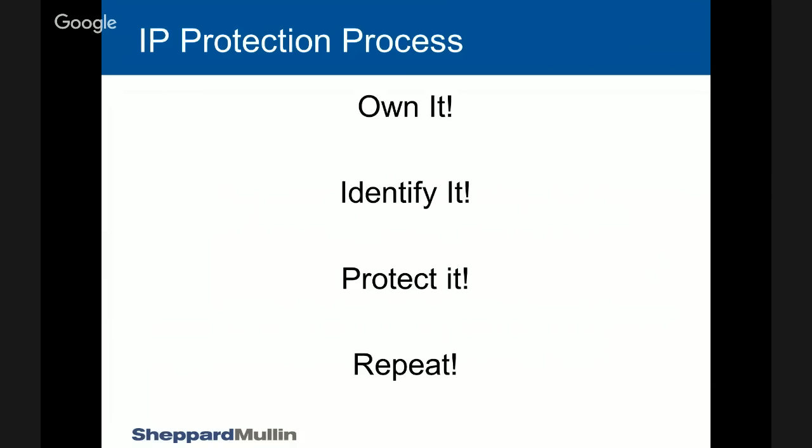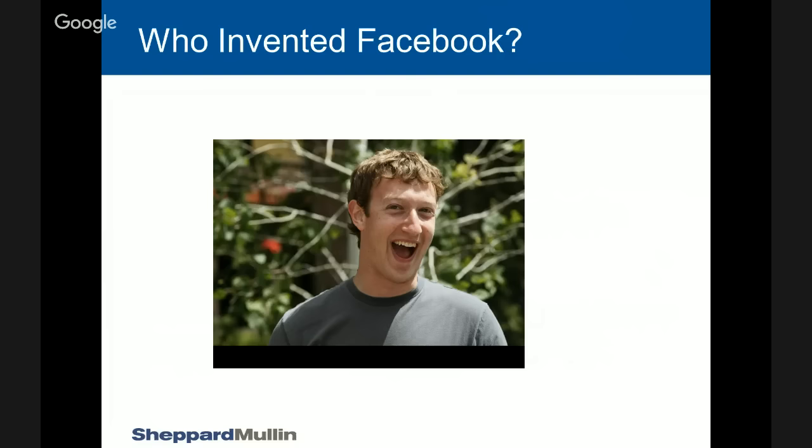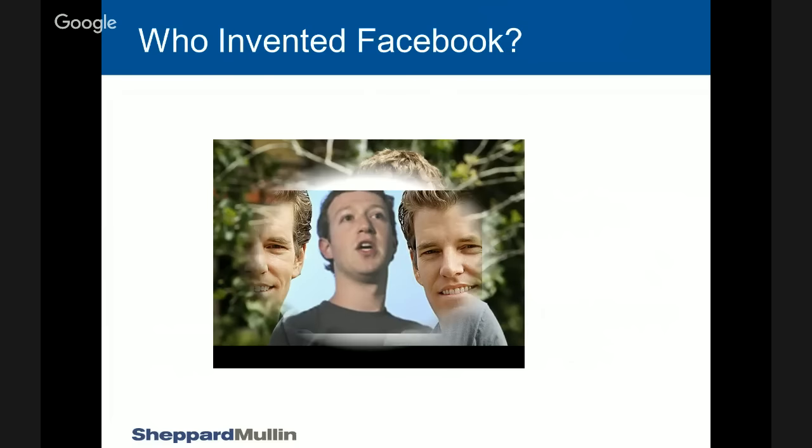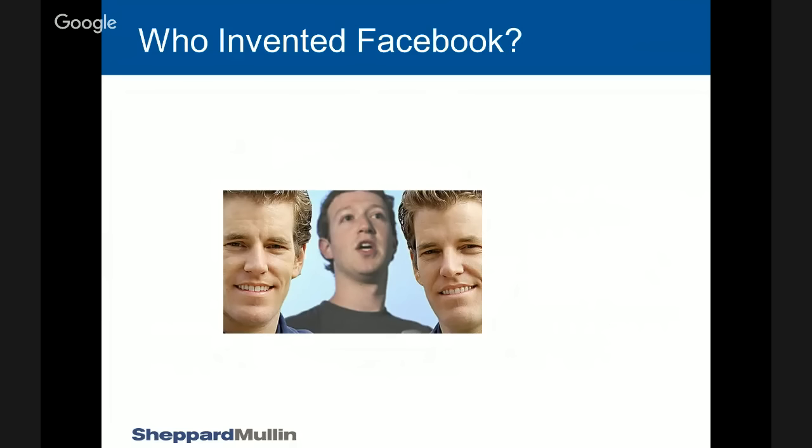Okay, before we get started, let me ask you a question. Who invented Facebook? I'm sure many of you are thinking Mark Zuckerberg. But for those of you who have seen the movie or actually read the legal papers and understand the backstory, you know the Winklevoss brothers really came up with the core idea first, and Mark took it and extended it, and we'll leave it at that for now. What could have been done differently? Had they protected their IP, it could have been a very different result.